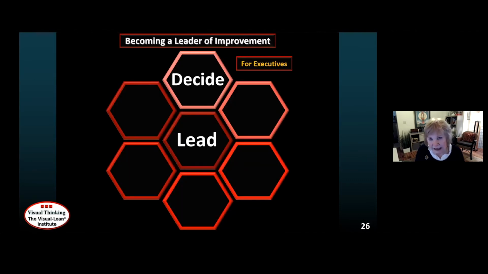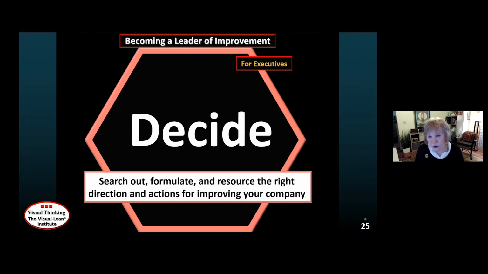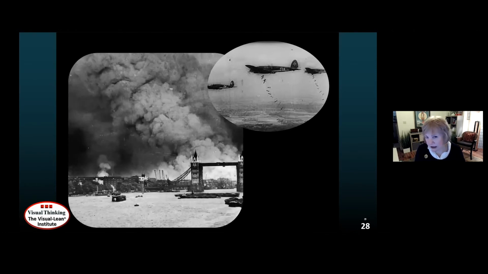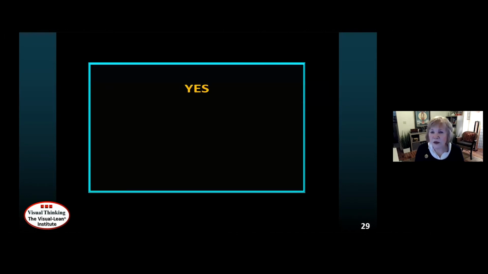So this deciding has to do with the formulation of what you want, the direction you want to improve your company. The Second World War brought that into high relief for Churchill. The bombing of London, the bombing of Great Britain, the three years of constant assault that the London Blitz represented, all of the defeats, all of the failures. How do you keep that alive? It has to be very, very clear to you. And the way that I say it